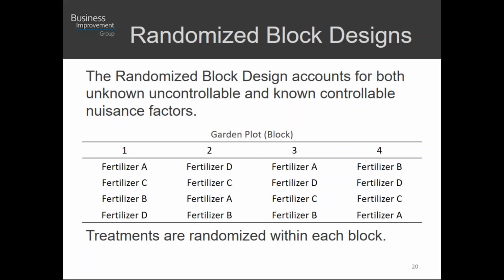So you have a garden plot, and we want to establish these blocks. Now, why would you do that? A nuisance factor could be the way the sun rises and falls, the way we have irrigation, what have you. So what we do is map out strategically a plot in the garden. So we have block number 1, block number 2, block number 3, block number 4, and then within that, we're going to randomize the